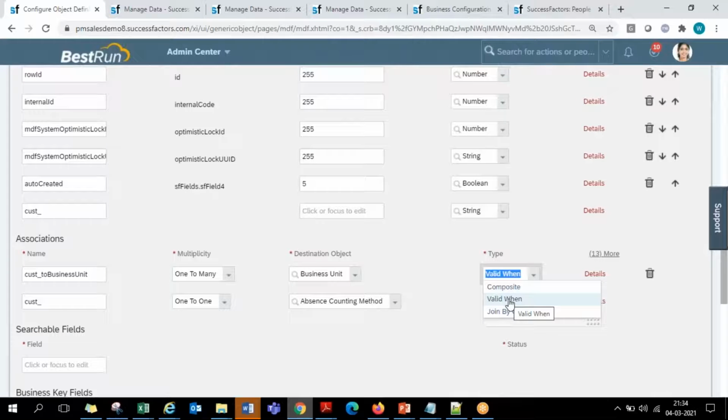So whenever we are configuring an association at the foundation objects level, which is division, department, business unit, whatever objects you are connecting, because they are different objects, we are required to use valid when. Composite is an association that we will be using in further sessions, where we'll see an example of it. That will be used when you're trying to connect two objects of a similar nature. Here division is different, department is different, business unit is different. They are all completely different structures, different objects, so valid when is used. When we are using associations to connect similar natured objects, then we use composite. For that also we'll see an example next week.